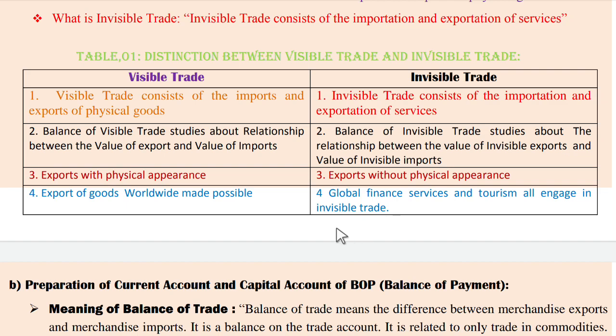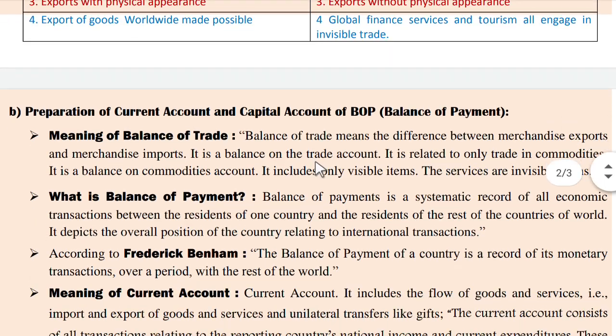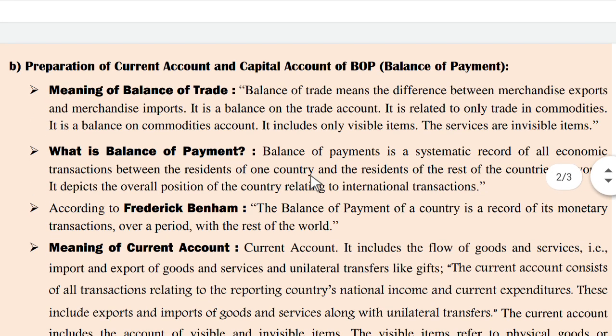Okay, friends, these are the differentiating measures of the visible and invisible trade. I hope you have understood these concepts. Okay, friends, let's move to the next aspect, which is